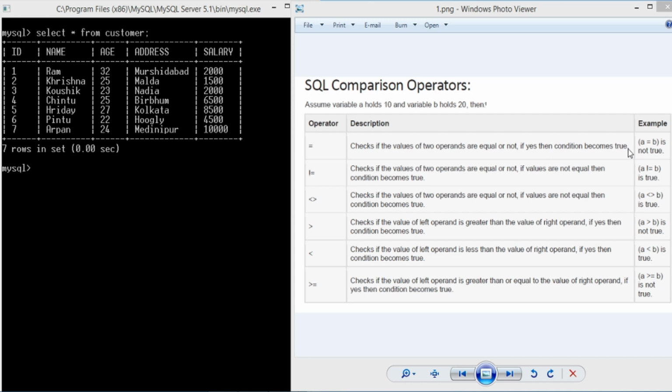Next one is not equals to, which checks whether the values of two operands are equal or not. If the values are not equal, then the condition becomes true.